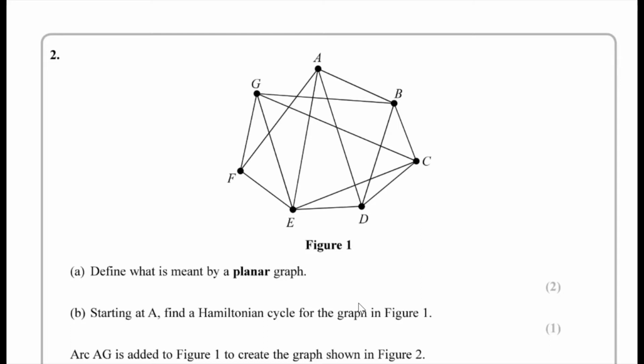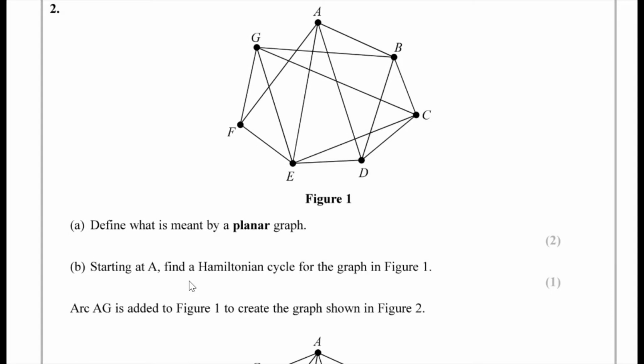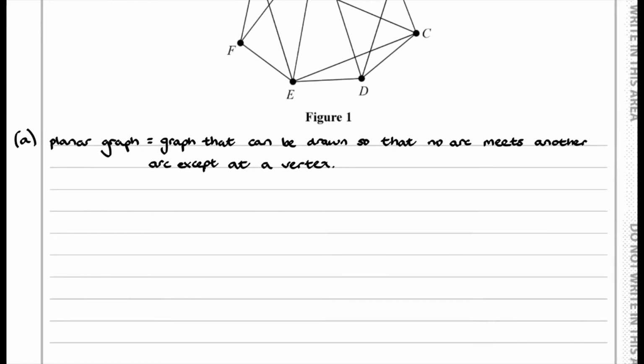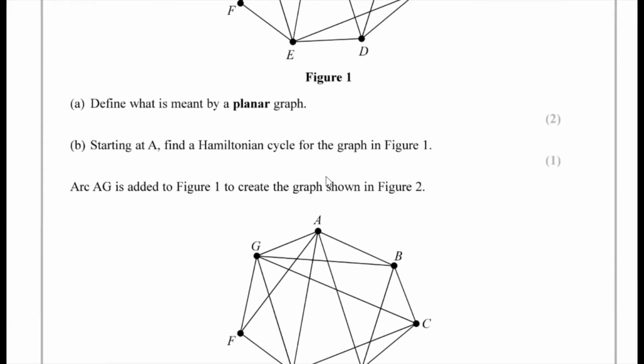Question 2. For part A, we have to define what is meant by a planar graph. And we've got the following explanation. A planar graph is a graph that can be drawn so that no arc meets another arc except at a vertex. And now for part B, starting at A, we have to find a Hamiltonian cycle for the graph in figure 1. Of course, a Hamiltonian cycle,